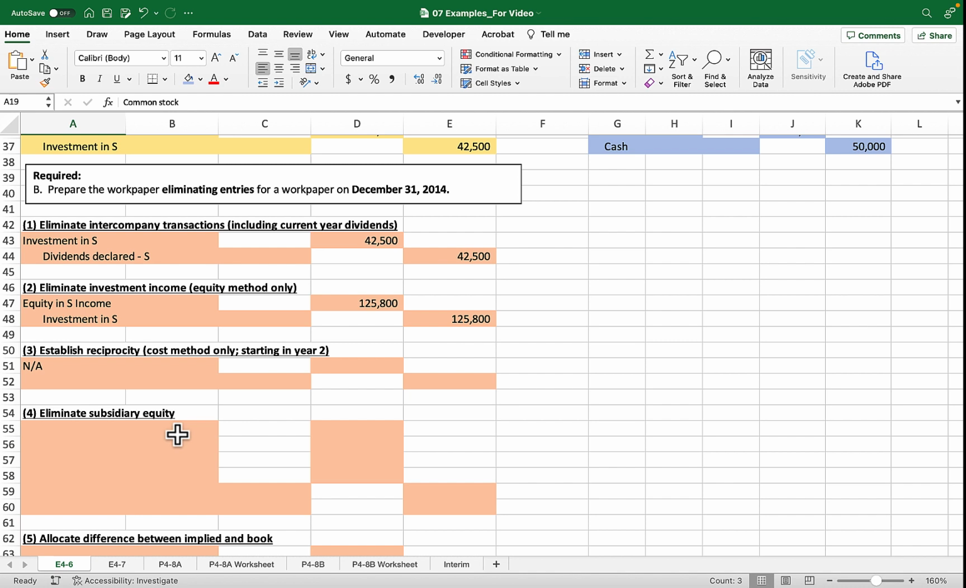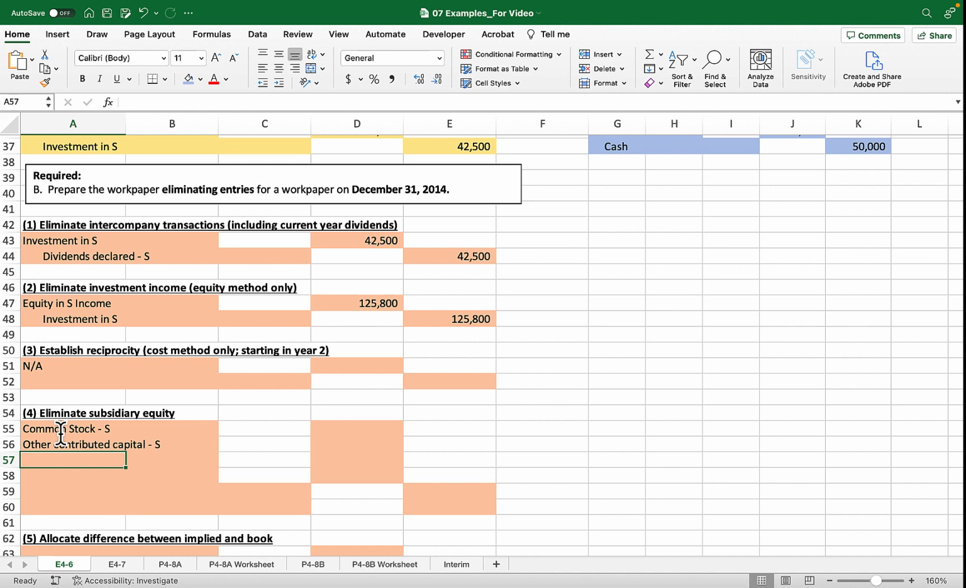Our equity accounts are a normal credit balance. So to get rid of them, we're going to debit them. So we're going to debit common stock of the subsidiary, other contributed capital of our subsidiary. And the thing that is new here is we want to specify the beginning balance of retained